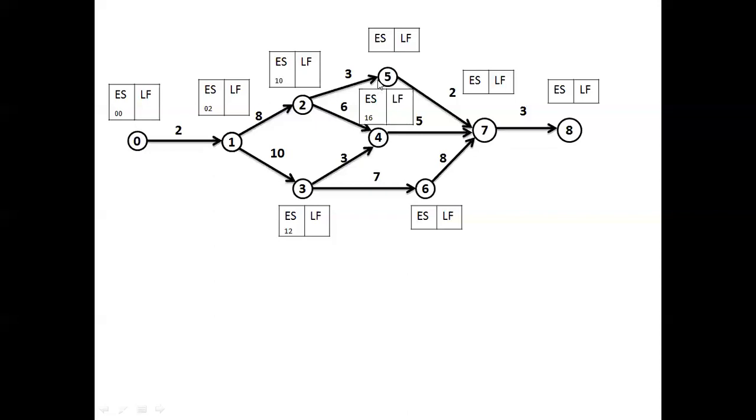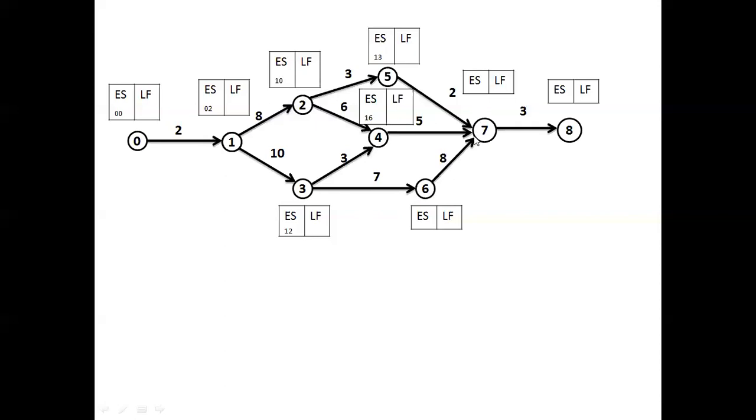And similarly, suppose you calculate for 5 to 7. Here, 2 to 5 has commenced on the 10th day, takes 3 days for completion, and completes on the 13th day. Then the 5 to 7 activity will start on the 13th day, consumes 2 days for completion, which means it will be completed on the 15th day. But here one more activity is left, that is 6 to 7.